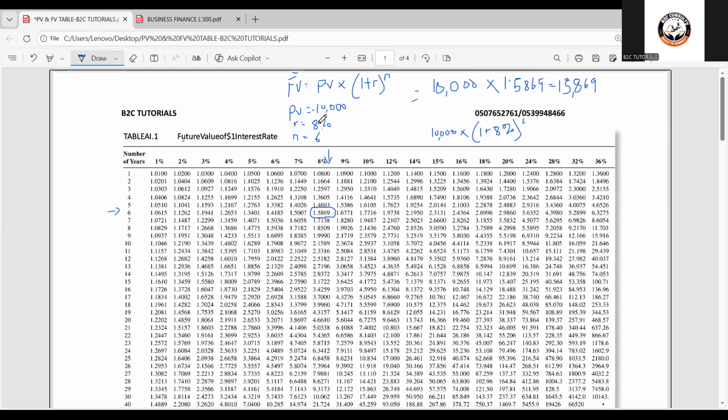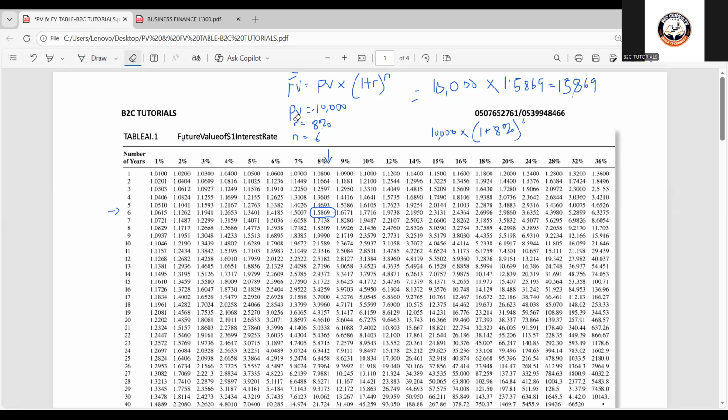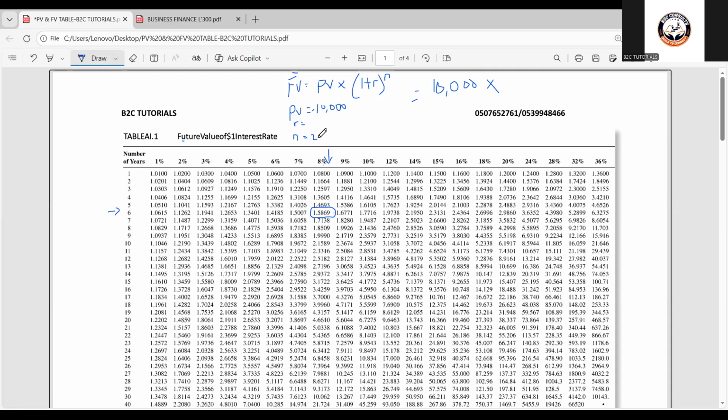So assuming it was not 8% and it was not 6 years, let's say the number of years is 20 years. So number of years is 20 years. And the rate is, say, 14%. So quickly, I go to the 14% column, which is this column, and trace it down to 20 years. Now, this is the 20th year. So 20th year on the 14% column is